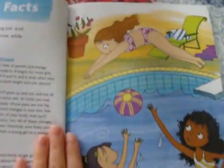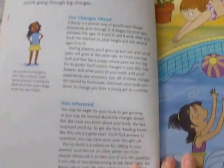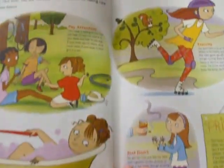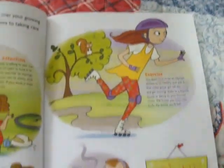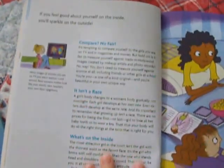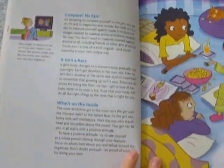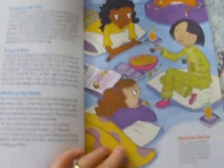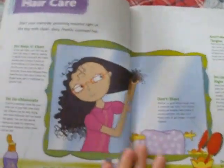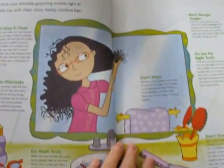So this is the beginning to body changes, or body basics. Okay, it's just getting the child prepared for your body's going to change. And it's okay, it's nothing to be scared of, it's normal, it's natural, things like that. It says comparing is no fair, so don't compare yourself and your body with anyone else. Heads up, here's talking about keeping your hair clean,